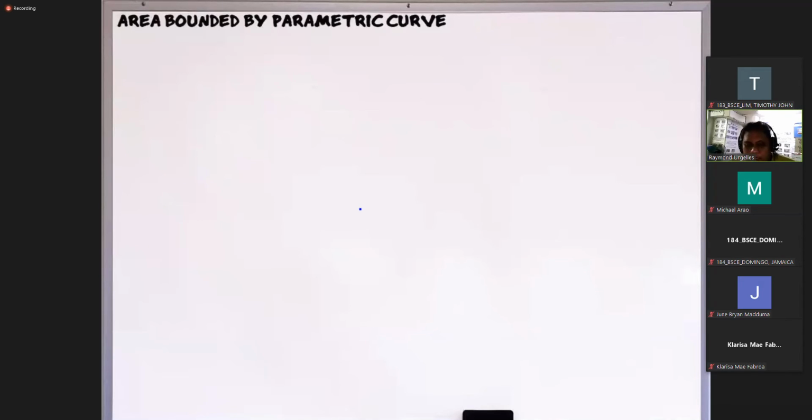So ang usual na gumagamit nito are the rectangular coordinates, di ba? Rectangular coordinates again are x and y. So yung x and y natin is a function of some parameter na ginagamit natin. So ang usual na ginagamit nating parameter is either t or theta, di ba? So kaya basically, pagdating sa parametric curve, we are given x is equal to f of t. So tapos we are also given y is equal to another function, so let's say g of t. Diba? So minsan, okay, theta yung ginagamit nating parameter instead of t. Diba? So kaya wag kayo malilito dun sa theta.